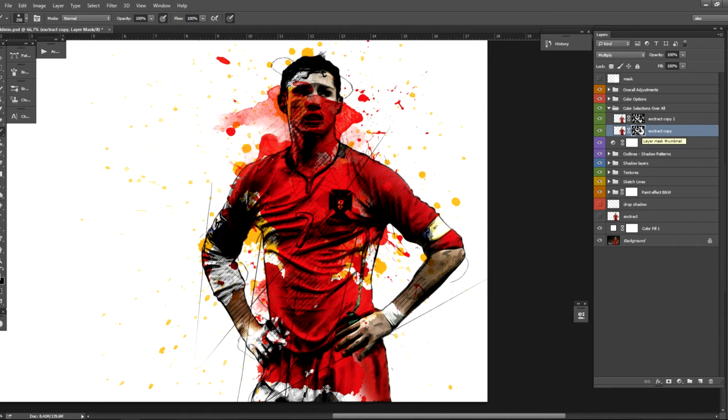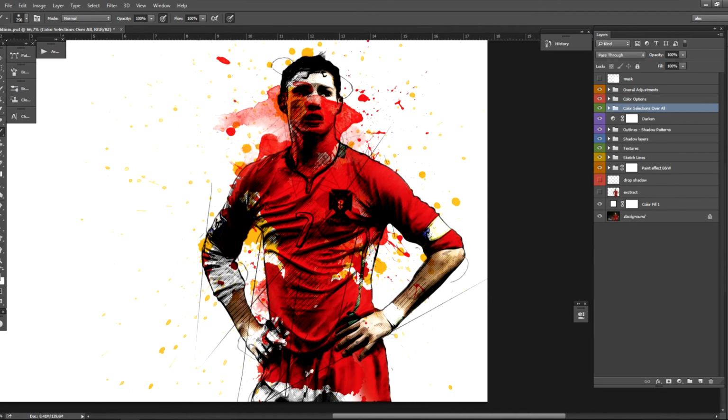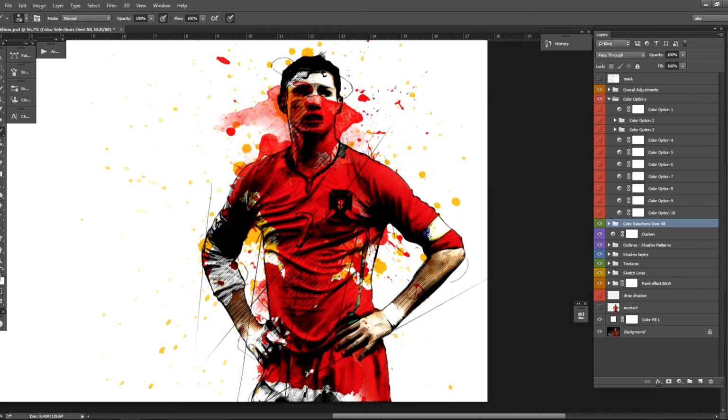With the Alt key clicked, I will drag my mask on the upper layer and will replace it. You can select a color option to see which direction you will follow in your design. So open all the color options to see what you want to do on your design. I like this one.